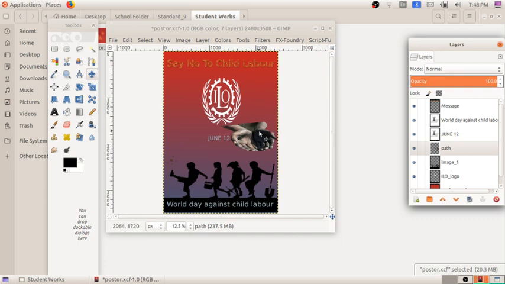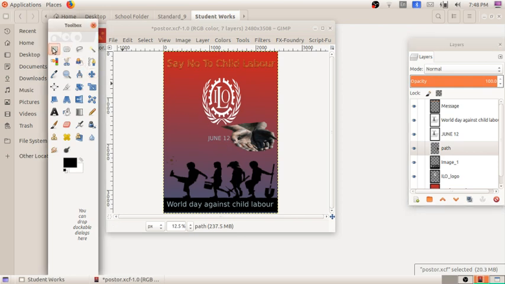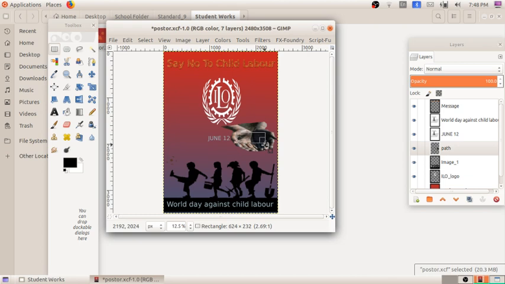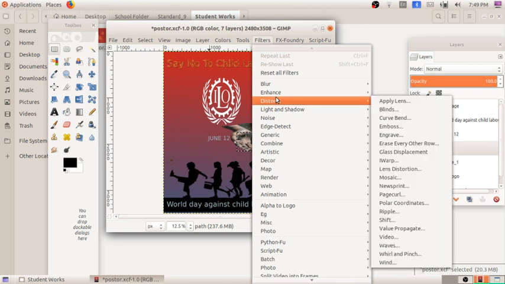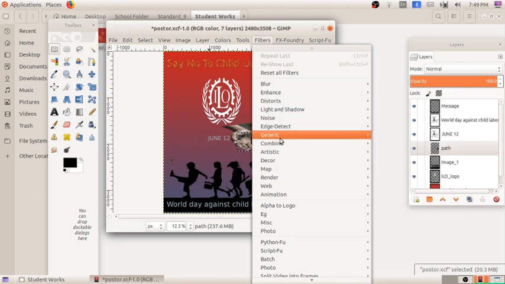If I want to blur the hand only, there is a filter tool, that also you have to keep in mind. Which portion I have to make blur, I have to select using any of the tools. I am taking the rectangular tool, and you all know that there are different tools in the GIMP window. So by using the rectangular tool, I am selecting this much portion. After that, I am making it blur. For making blur, there is an option in the Filters menu.